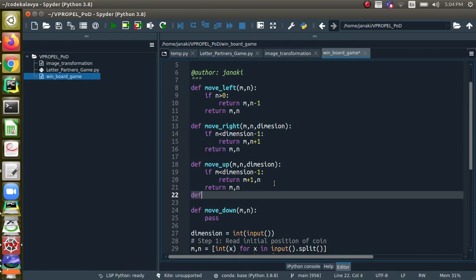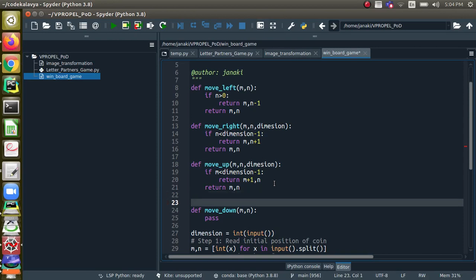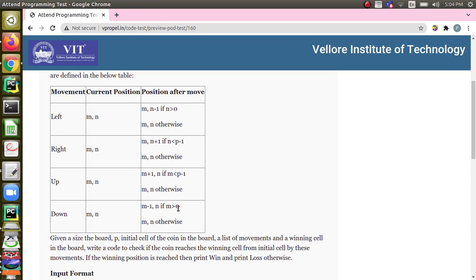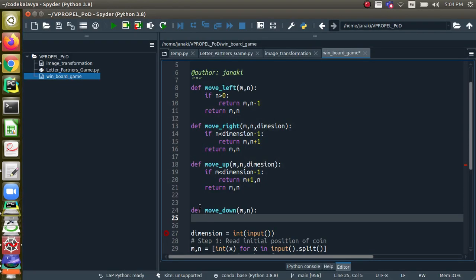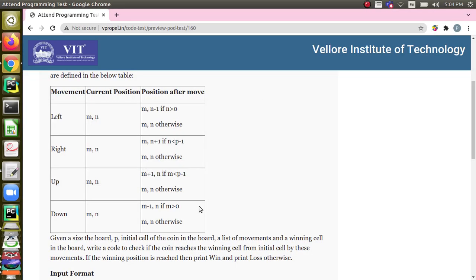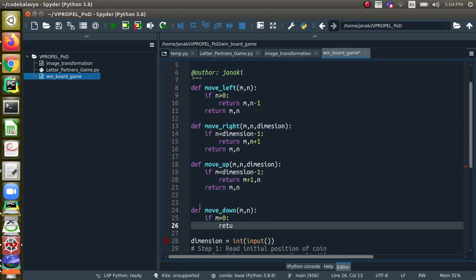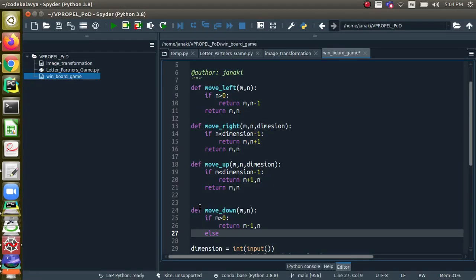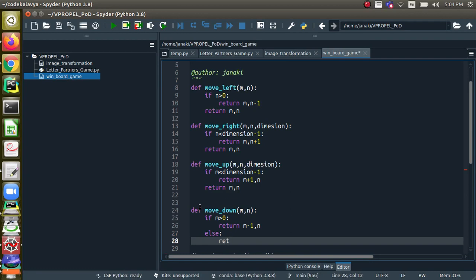Then down, for down, yeah, it's already written. For down, we have to tell if m is greater than 0, right? So if m is greater than 0, then you are going to return m minus 1 comma n, otherwise you are going to return m comma n.